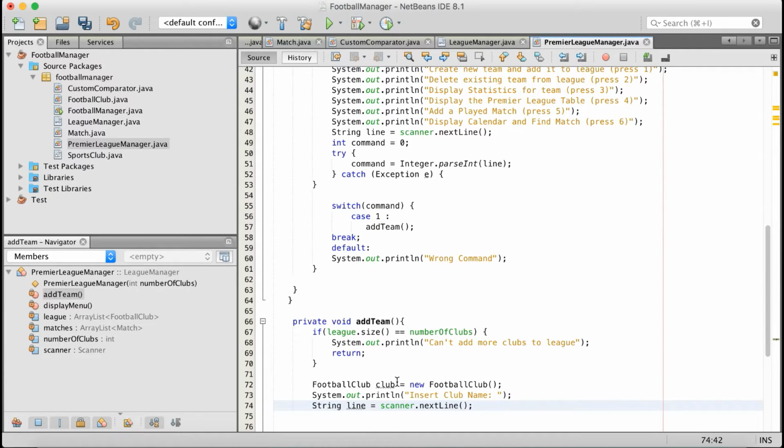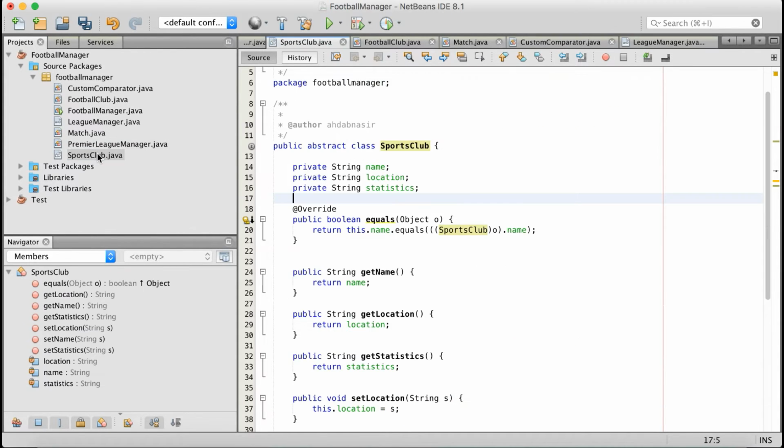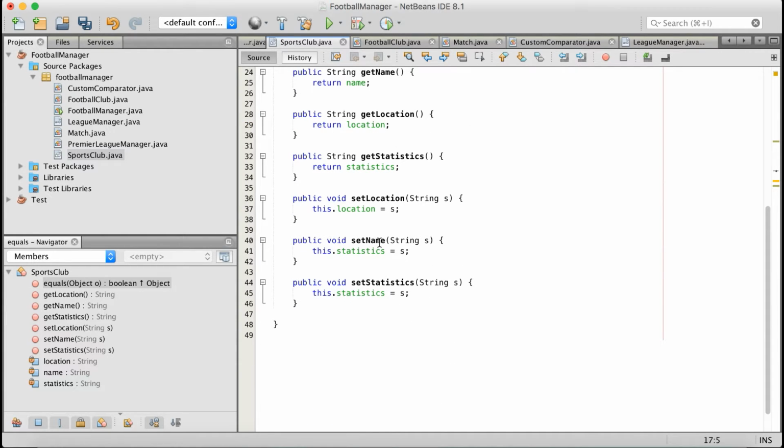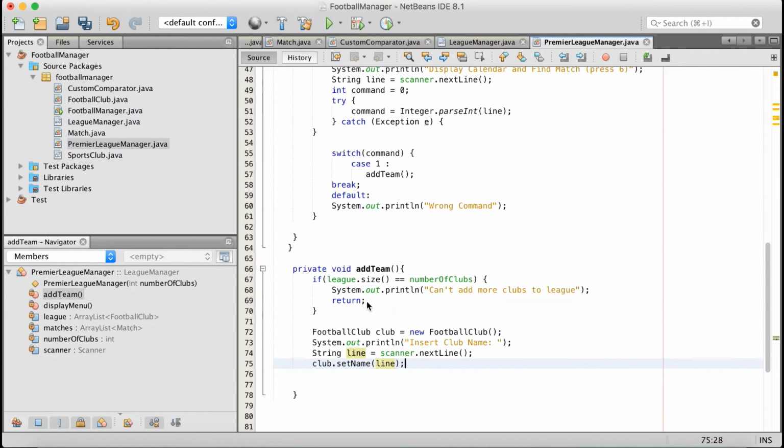Just like that. So now what we're going to do, remember how we had getters and setters? So just after here, I'm going to do club, we're going to set the name as line. So we're taking whatever the user inputted for the club name, and we're going to set it as line. Just as if I show you, in sports club we had the name and we had set name. So now it's set the user's name. Okay, so going back here,